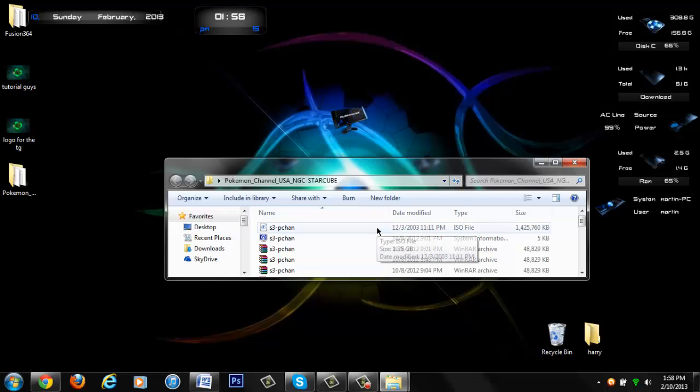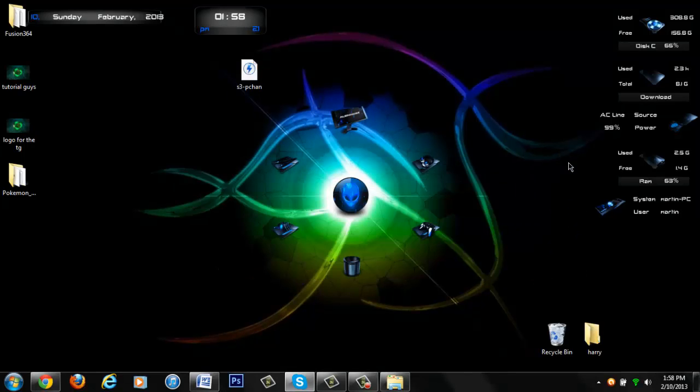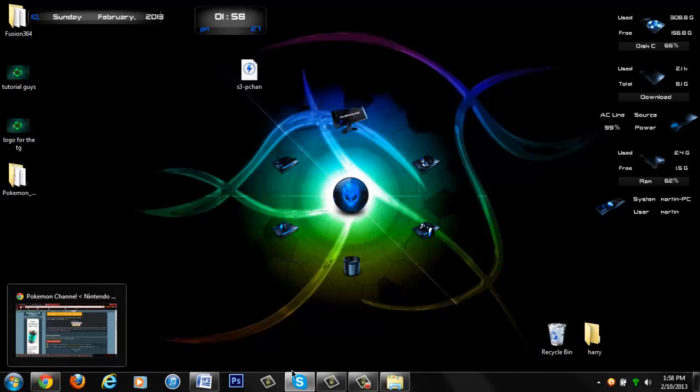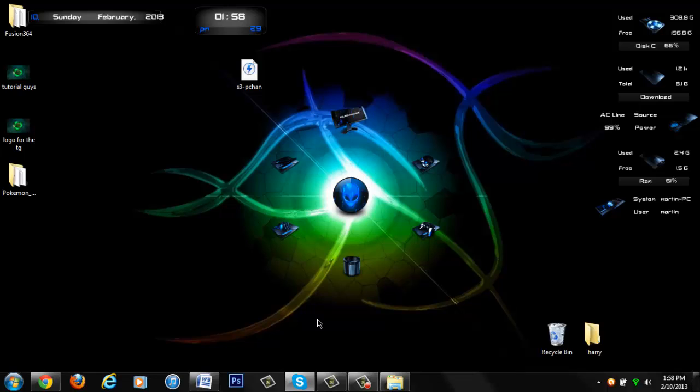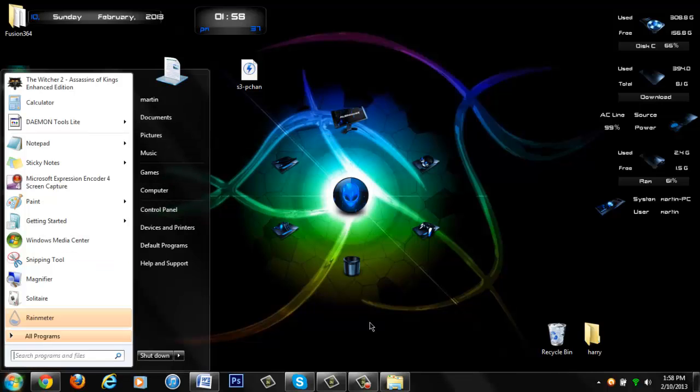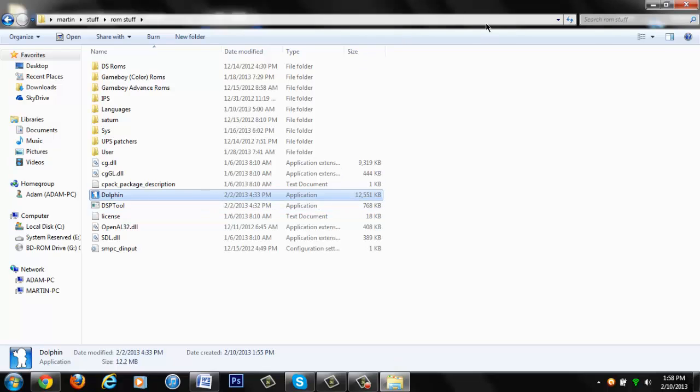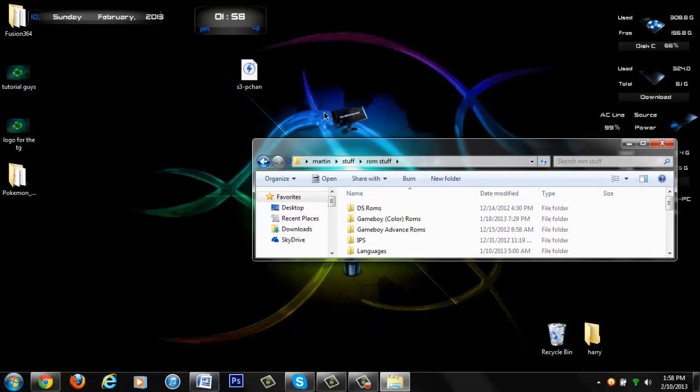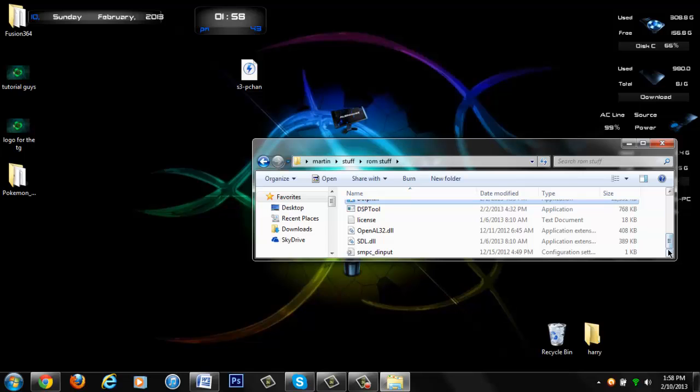So now you got an ISO file, okay? And I'm just gonna put that on the desktop. You don't need Daemon Tools. I know I have a little Daemon Tools thing, you don't necessarily need it. So what you're gonna want to do now is put it wherever you don't mind keeping it. Me personally, I'm gonna put it in here because this is where all my ROM stuff is anyway, right? So I'm just gonna